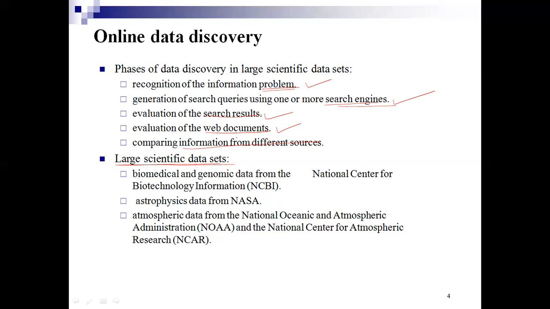If it is redundant data, we cannot take the redundant data. So we only take the data which we require at once. So these are some of the phases of data discovery in large scientific data sets. As I was talking about some generic examples for the large scientific data sets, in real time, we use